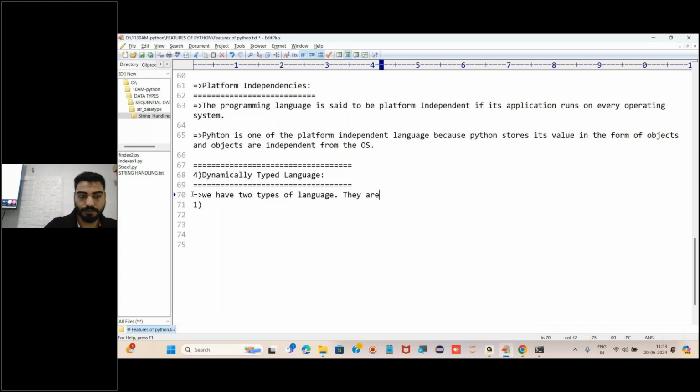First is statically typed programming language, and the second one is what? Dynamically typed.